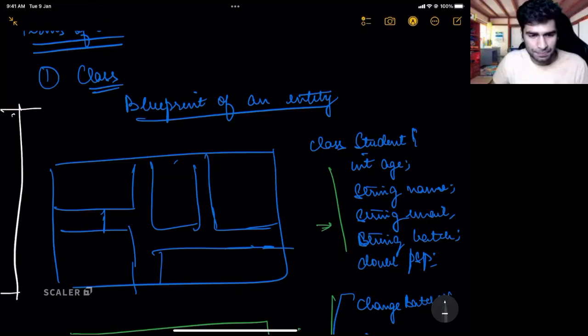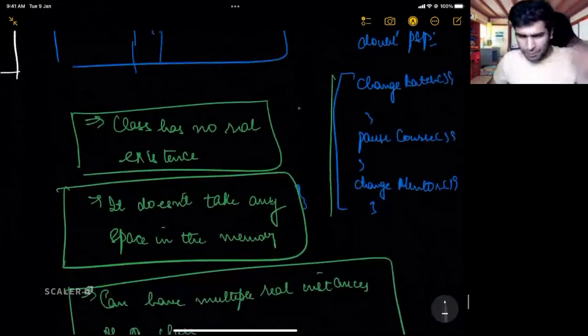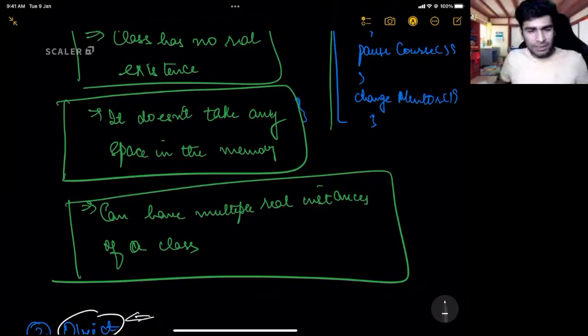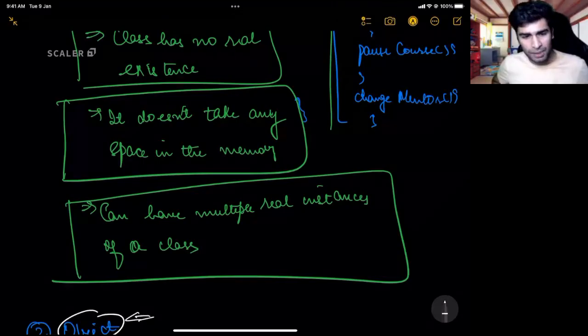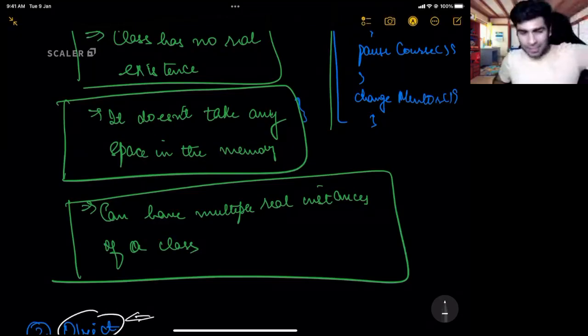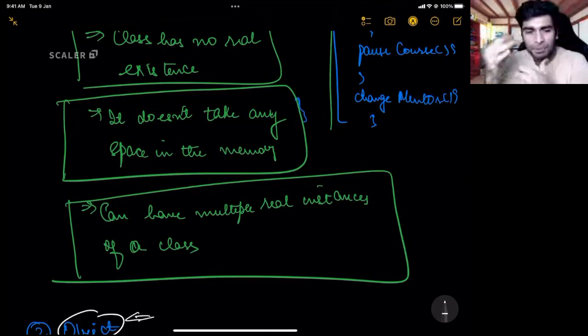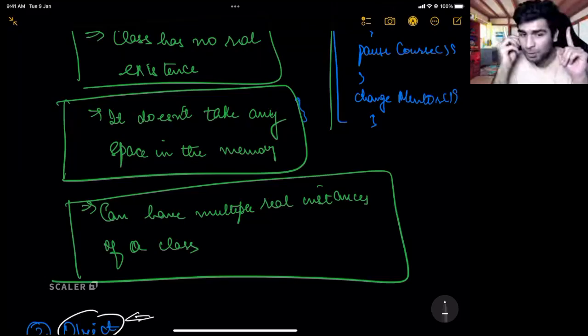Okay. Now the question I wanted to answer, which was asked earlier, was abstraction versus class. See, what is abstraction? Abstraction is the pillar. Abstraction is the principle, the idea behind object-oriented programming. How do we implement abstraction?